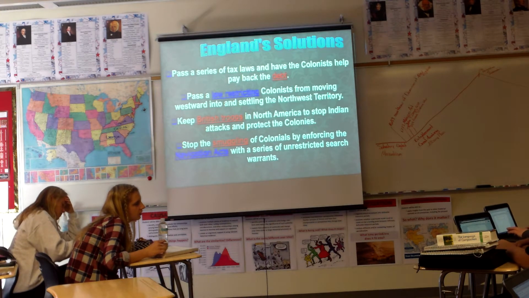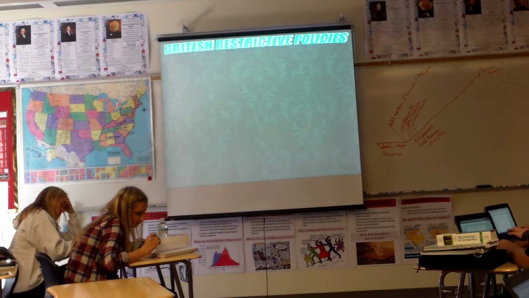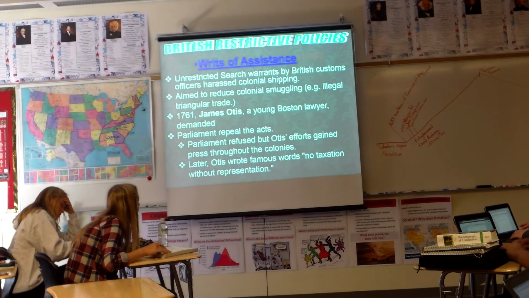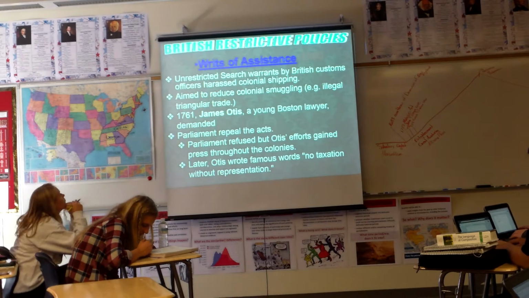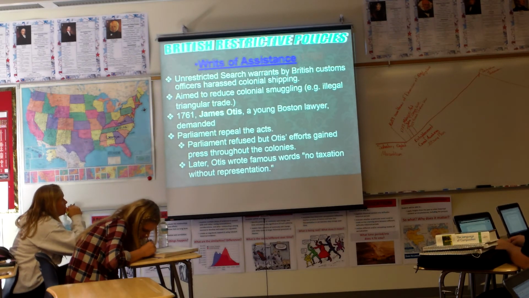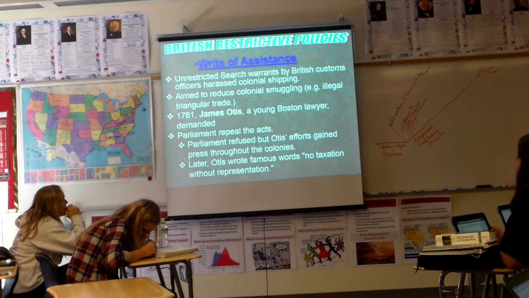But what we see come up then is a whole series of programs under Grenville. And it's not important necessarily that you write down every piece of this, but just understand the overall trend. So in 1760, we see the passage of the writs of assistance. We've got 1763, the Proclamation Line, the Sugar Act in 1764. In 1769, we have the